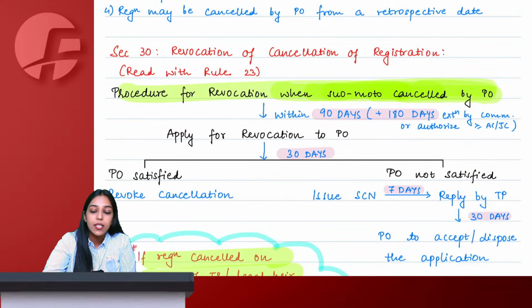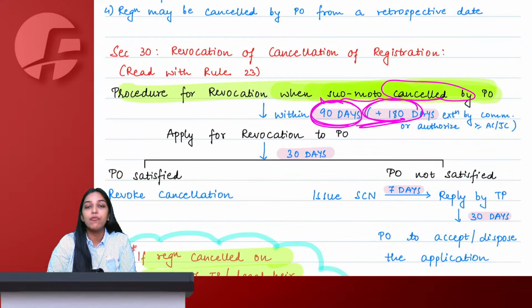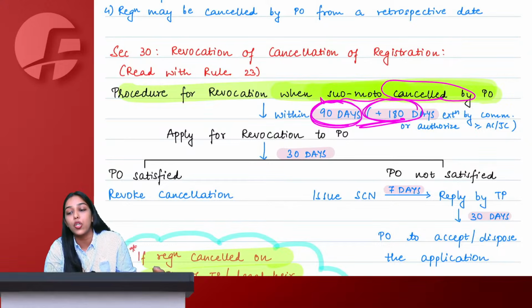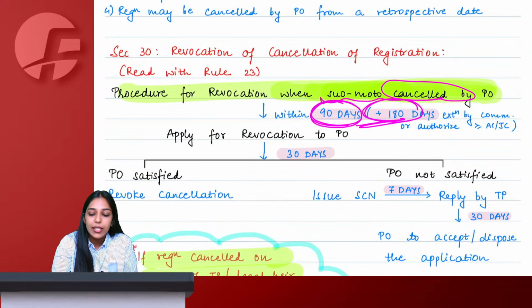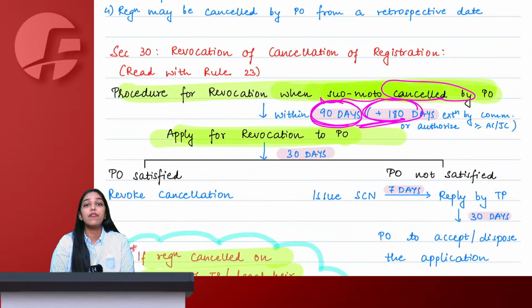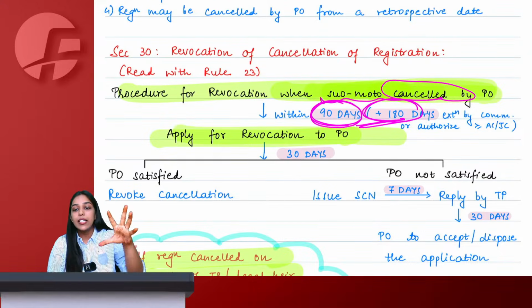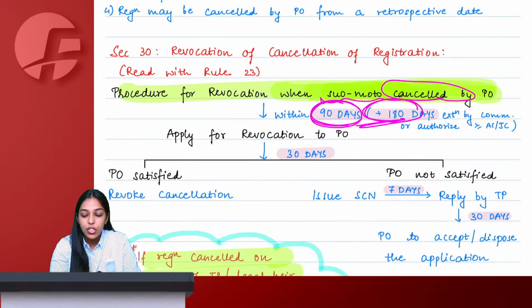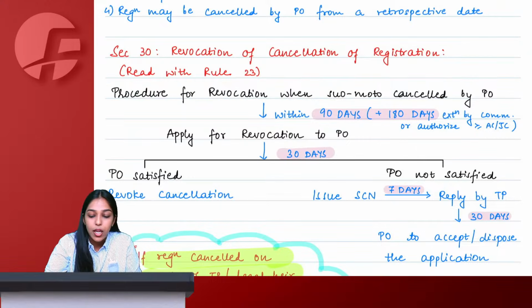Ma'am, within how many days? The day on which the proper officer cancelled my registration suo motu, within 90 days plus an extension of 180 days if I can show sufficient cause. So 90 plus 180 days, I will go and apply for revocation, that please revoke my cancellation and give my registration back to me. The day on which I apply for revocation,